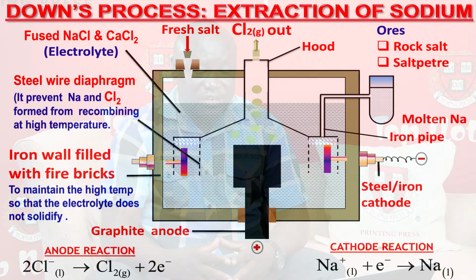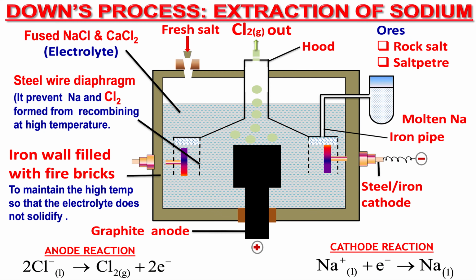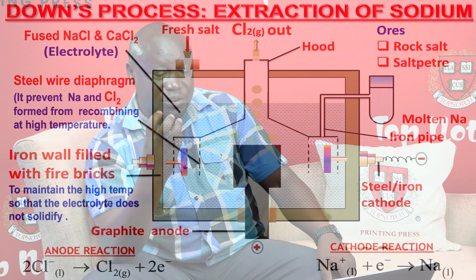You can see on our flowchart on the screen, we have written here the ores from which the sodium is extracted. Rock salt, which is the main one, has a very high melting point. Therefore, what happens is that the sodium chloride is melted using electricity and then mixed with the calcium chloride, which we have just gotten from the Solvay. The reason for adding calcium chloride is to lower the melting point of the rock salt from 800 to 600. Then the mixture is fed to what we call